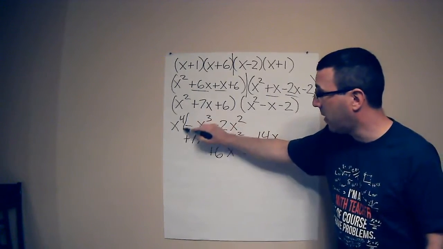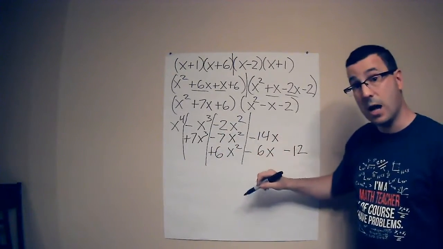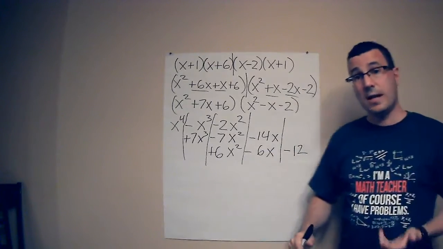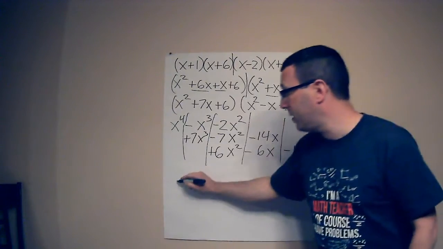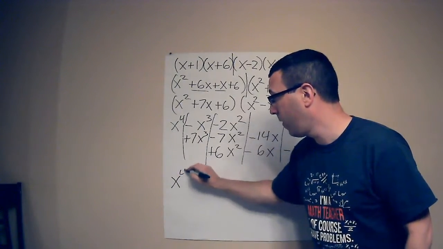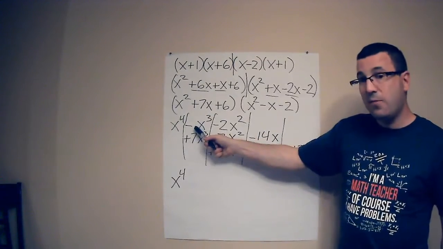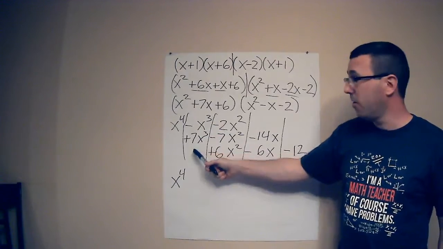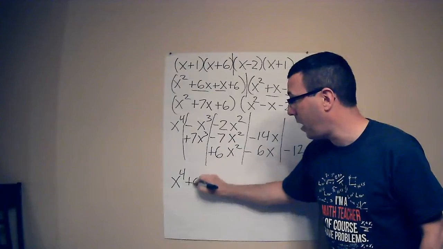So again, I'm going to separate these into columns, that they're all just like terms. X to the 4th, not combining with anything. X to the 4th. I got a negative 1 x to the 3rd and a positive 7 x to the 3rd. So 7 minus 1 is a positive 6